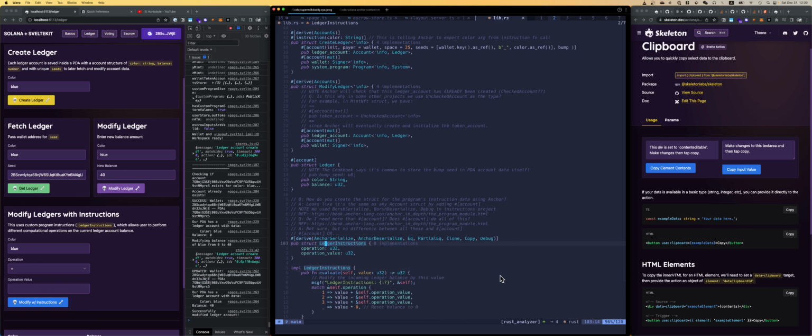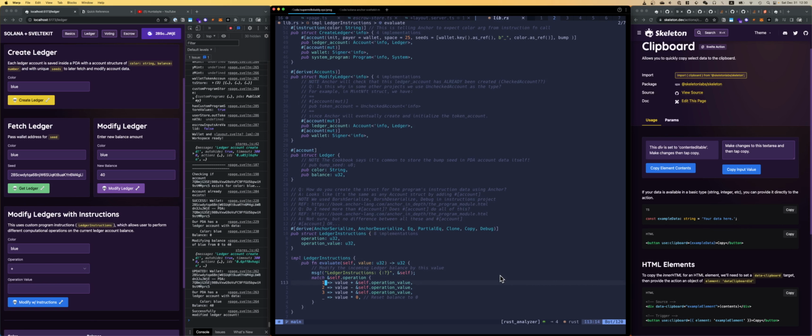We have these instructions where we give them an operation, like a mathematical operation, like add, subtract, multiply, whatever, or reset, and then the value. And this is kind of fun. It's a way to create your own instructions data, custom instructions, and then there's a little helper that we evaluate,